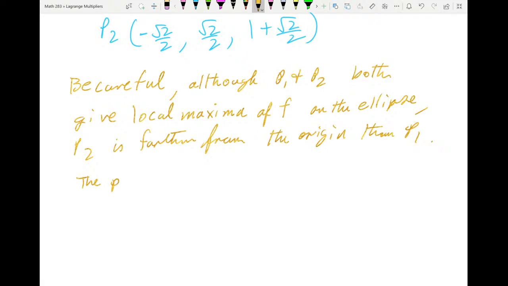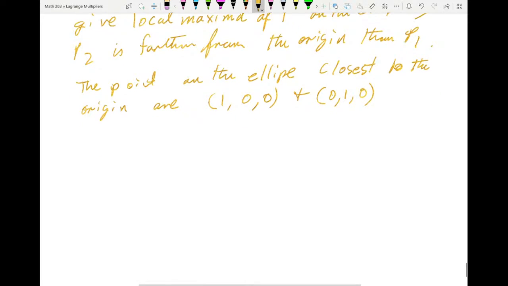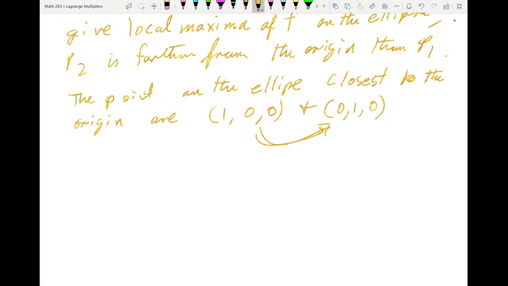So the points on the ellipse closest to the origin are (1, 0, 0). And you know the distance, the length of these two are the same. And the farthest